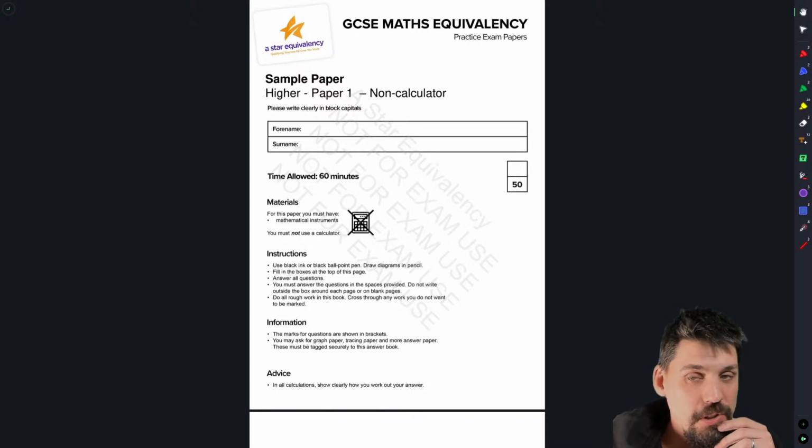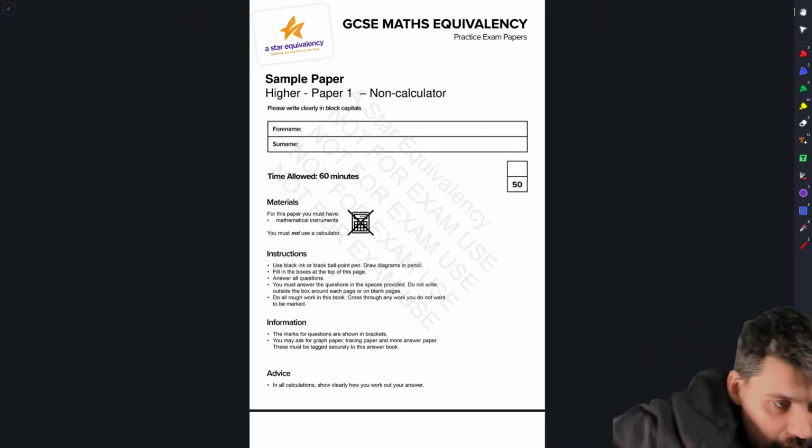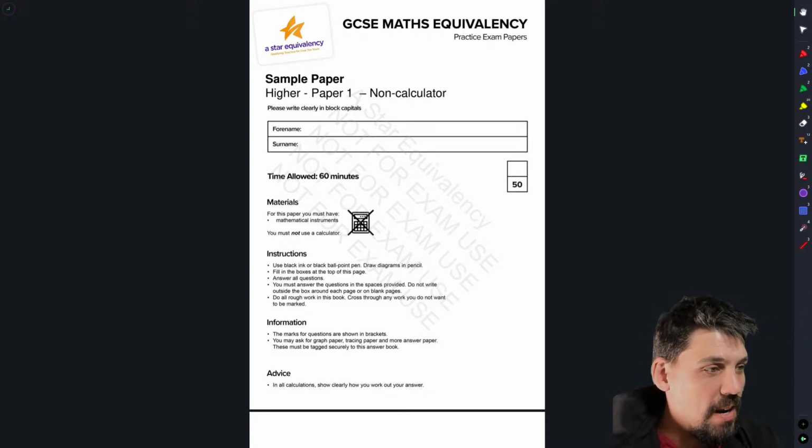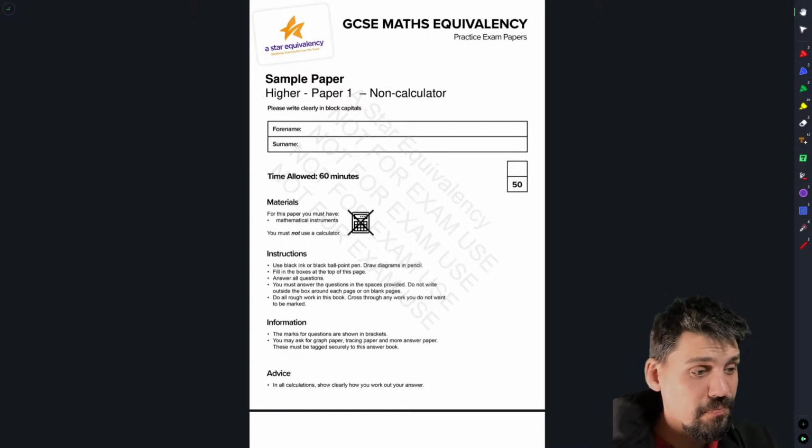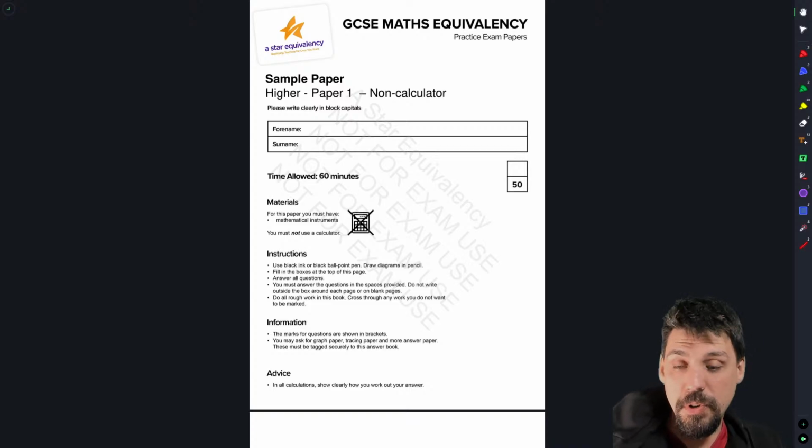Doesn't matter. I'm just going to go through this GCSE maths equivalency paper. I need to do a practice. Even I'm not bold enough to go into this having not looked at the paper at all properly. So I'm going to just crack on. If anyone does decide to tune in, feel free to